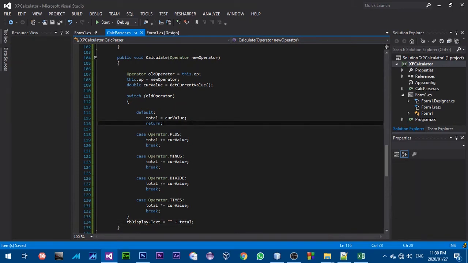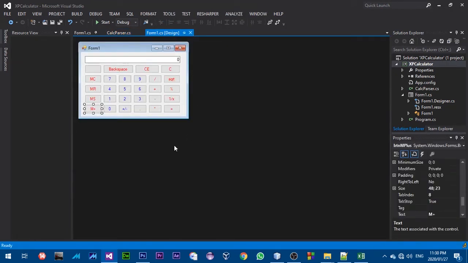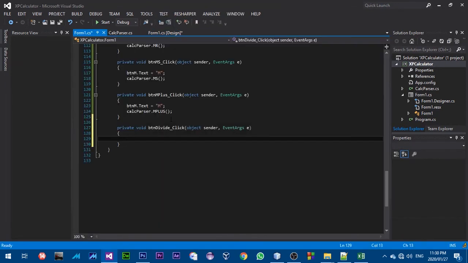Okay, now let me check if everything is okay here. I'm gonna go to my design here, and I'm gonna call my methods here, call calculate,